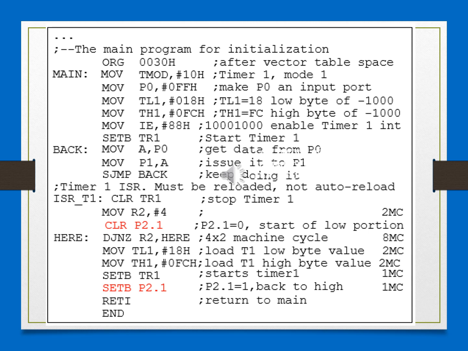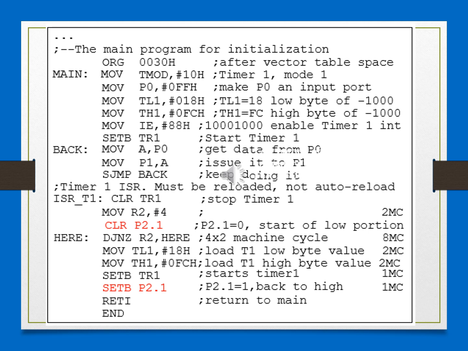So you are decrementing R2, and if it is not equal to 0, you loop back. You are waiting for R2 to get 0, which means you are generating a time delay of 15 microseconds. The machine cycles for each instruction are given here. You should be able to relate that and check whether it is generating 15 microseconds.